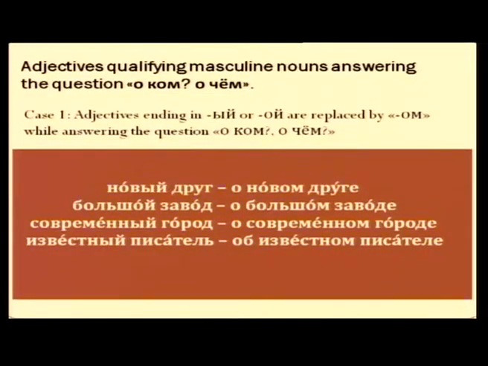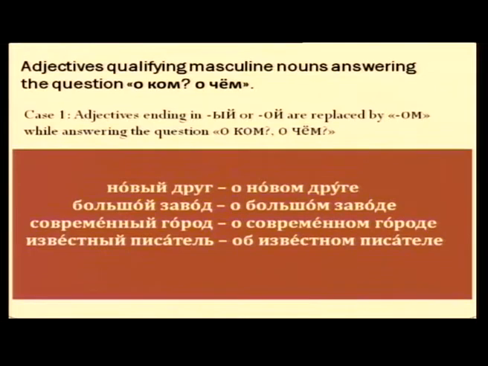irrespective of their gender. So, let us go to the next slide and understand how to use the adjective endings in о чём and о ком. Please pay attention. Adjective endings in -ый or -ой, -ий краткий or -ой are replaced by -ом while answering the question о ком and о чём, such as новый друг — о новом друге, большой завод — о большом заводе,